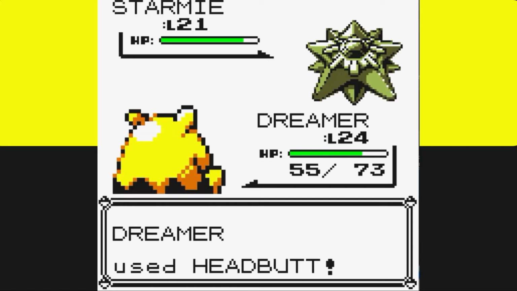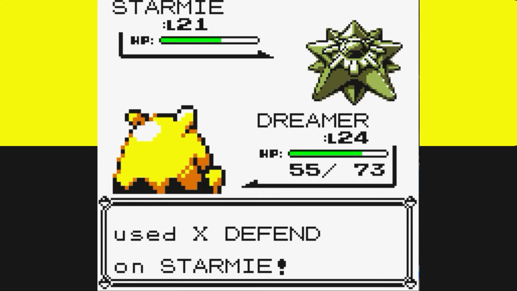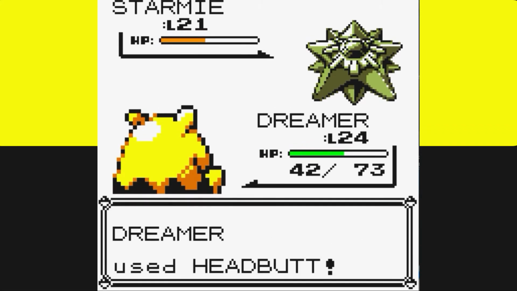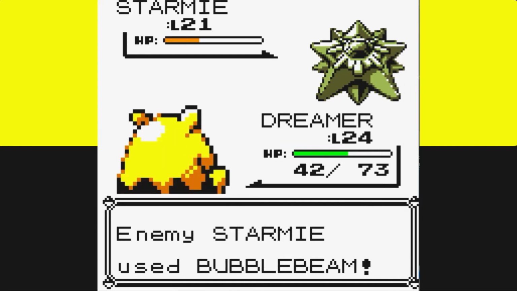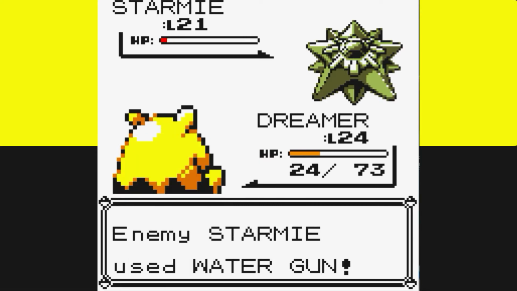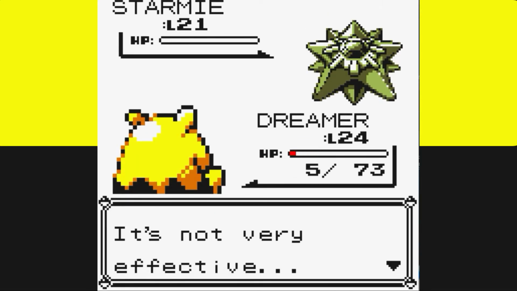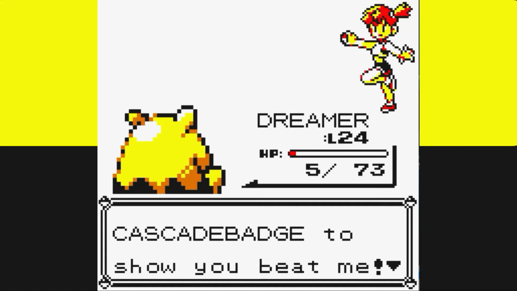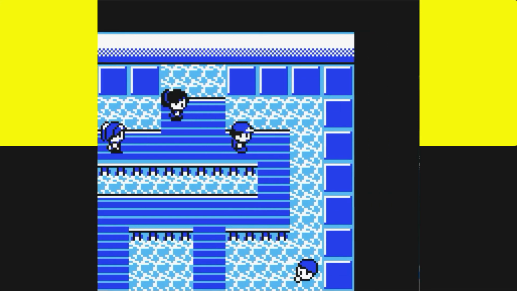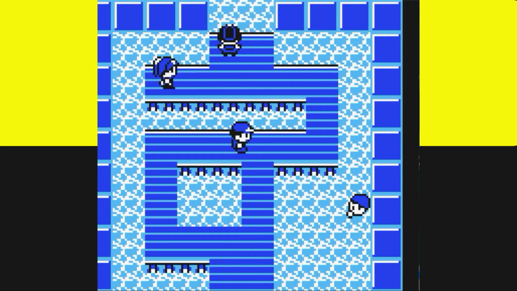Although it does go for Harden to raise its defense, the critical hit bypasses that, as Misty uses another X Defend to increase it even further. I forget this and still go for Headbutt, which does almost nothing, before going to a Hypnosis strategy, knowing we can't outlast, and are able to eventually outlast the Starmie because it uses Harden again, and then we barely outlast with a critical hit Water Gun, allowing us to win the battle with 5 HP